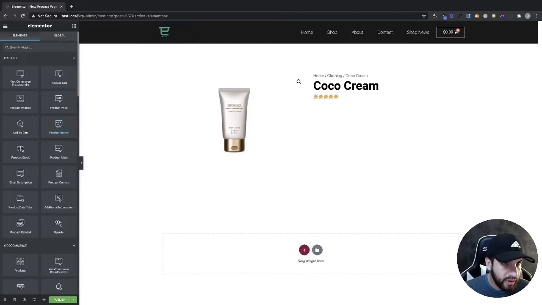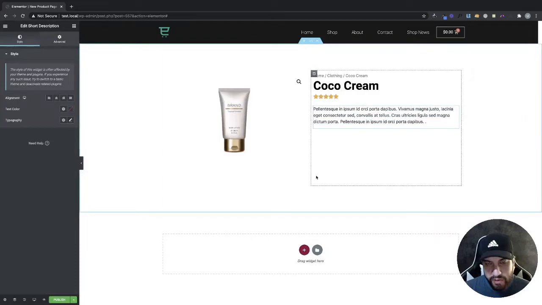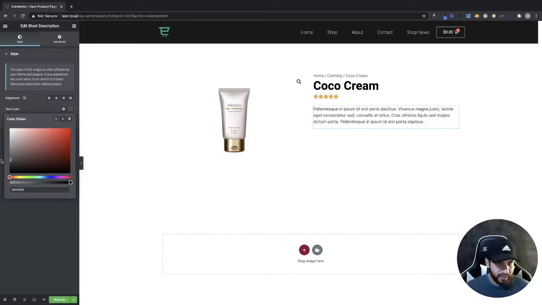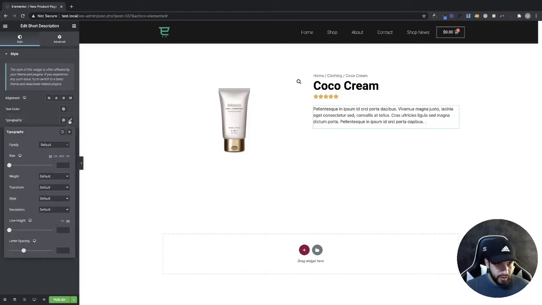Let's go ahead and grab our description here, and it should be this one here, short description. And let's just drag that right under our star here. There we go. Now I want to go ahead and just adjust this a little bit. So you can change the color of your text. I'm going to leave it at maybe a little, not too dark, just a little bit gray. And then from here, we can adjust the sizing of our text. I'm going to leave it at 17, and